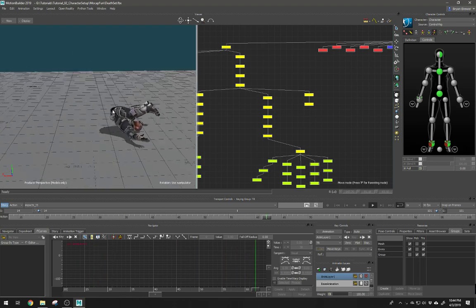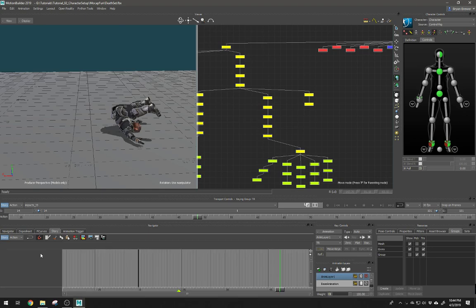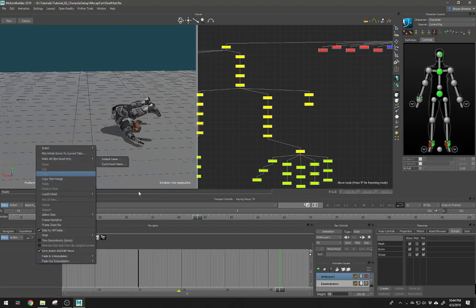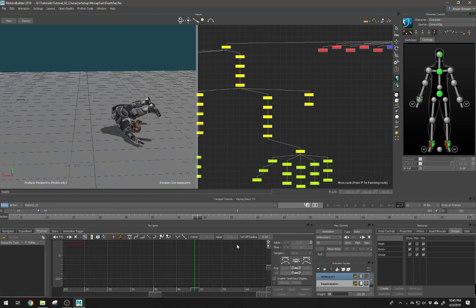All right, so overall timing. I'm going to do the overall time. There's lots of ways you can do overall timing. You can come in here into story, create a layer, put the character in, switch it over from loop to time compression, which is right here, and compress it down. Or I could go into the F curves editor, and I can